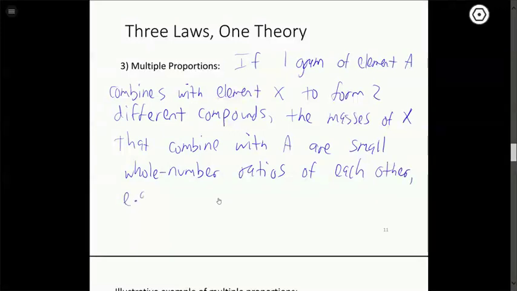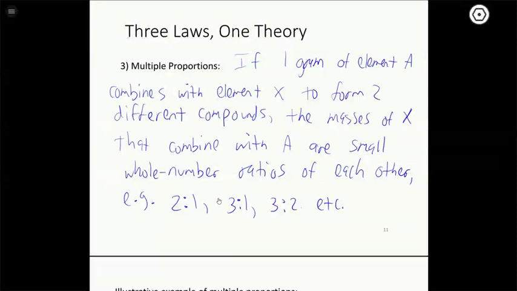All right, so here's some examples of those ratios. So let's say 1 gram of A combines with 2 grams of X to form one compound. One possibility for how much it combines with to form the second compound would be 1. So it'd be like, for example, 2 to 1, or 3 to 1, 3 to 2, so on. Small whole number ratios that are going to be involved with this when one element combines with an element to